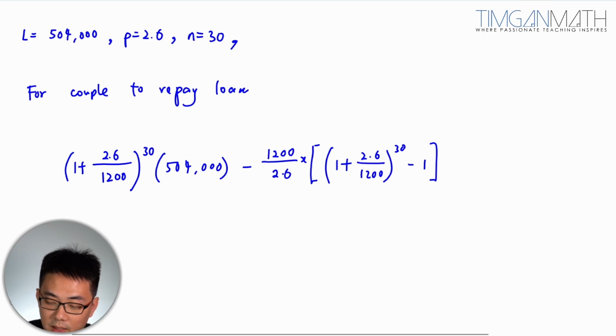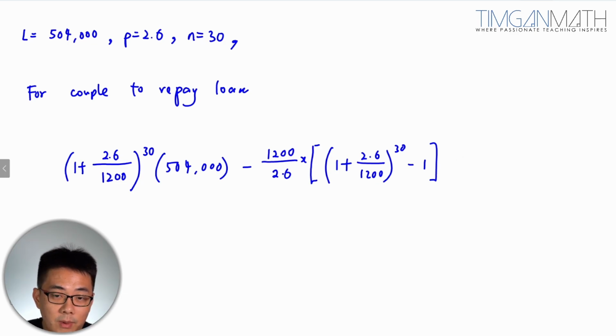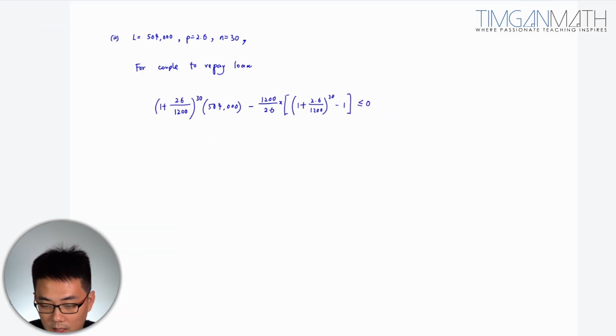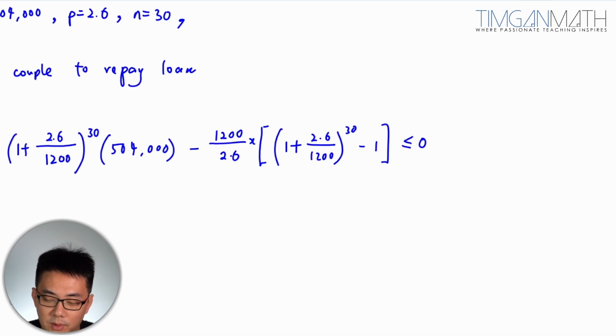And we need this to be equals to 0 if the couple plans to repay the loan. Calculate the monthly repayment. You can let it be 0, but you need to put this on top, at most 0. I think it's fine to let it be 0. It means you just absolutely just be 0 at the end